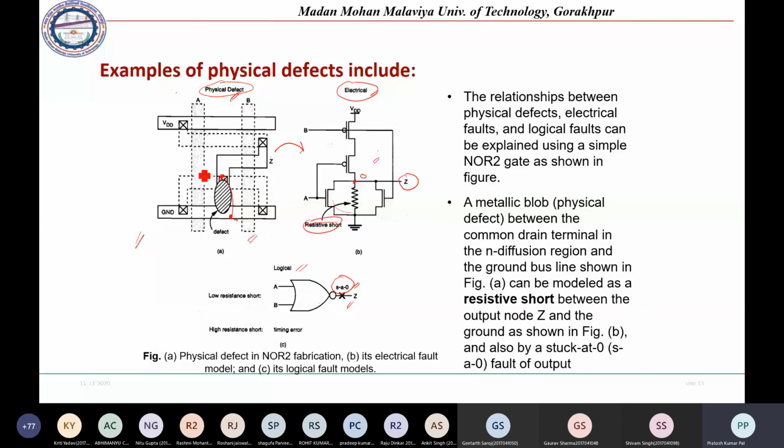In the next class, we will be seeing the different test patterns and how we can detect a particular defect, stuck at 1 or stuck at 0 fault, in a given logical circuit. Basically, in the case of digital circuits, we will see how we can detect the faults and what the different fault coverage and fault simulations are. Those are the topics we will be covering in the next class.